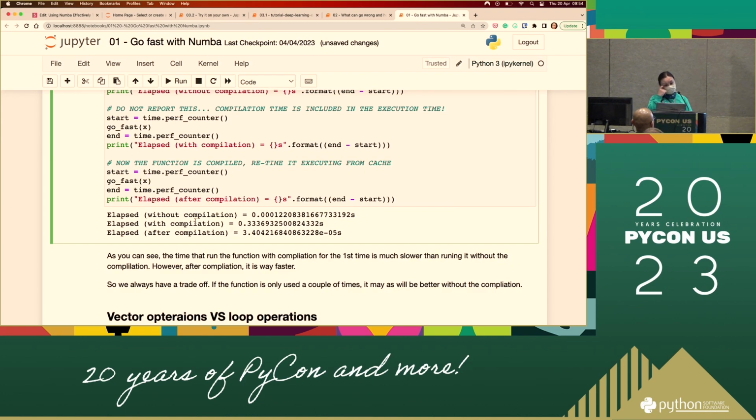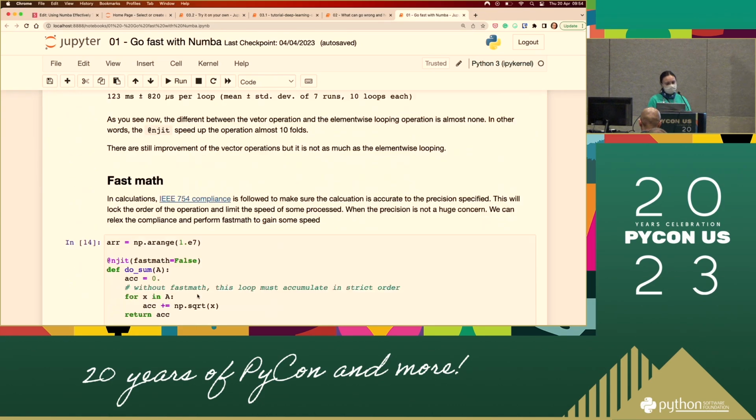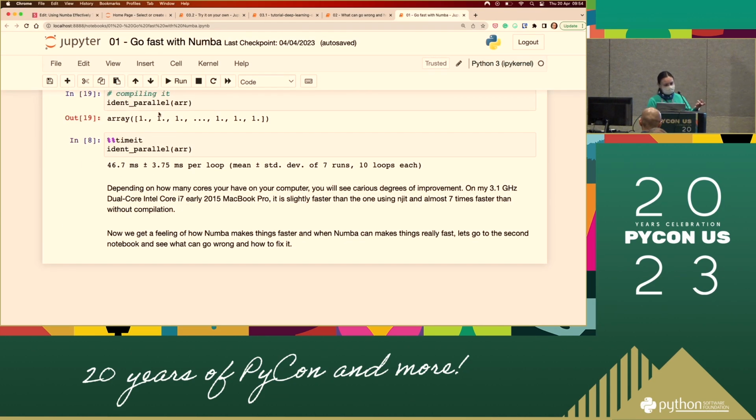So the first time is always slower. When I want to compare the results, it depends. Sometimes you may want to see how much the code actually improved when I run it, then you may want to include the first run because the compilation time should be taken into account. But if you just want a pure comparison of how fast it is by compiling it, then that's why in this notebook we always run it a second time, because the first time we want to exclude that, right?